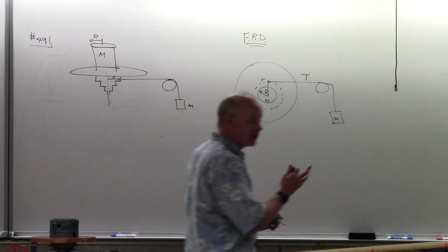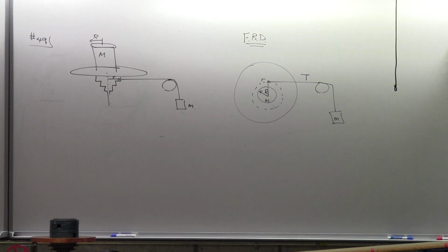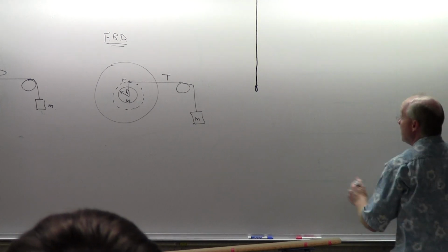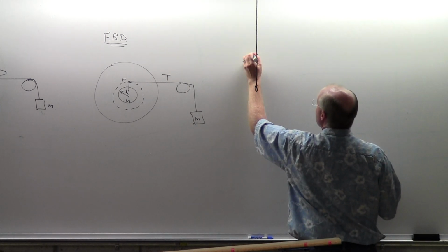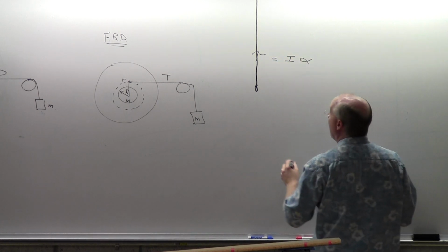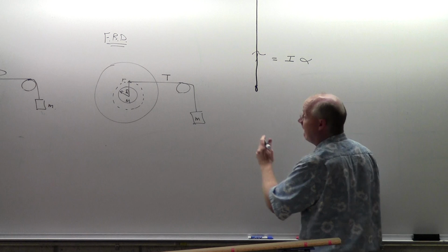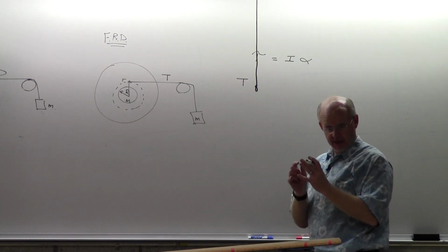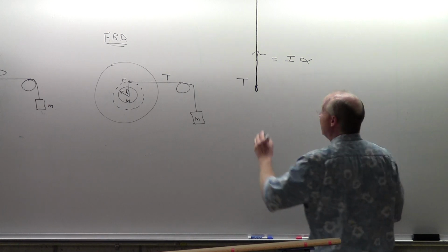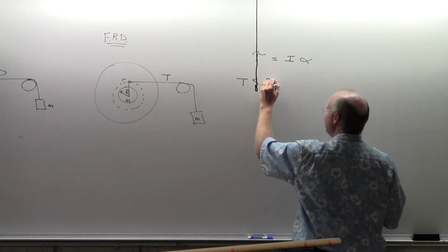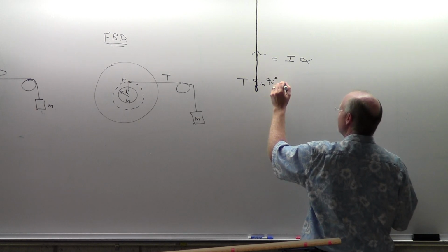So my first free body diagram and my first equation would be to say that the torque is equal to I alpha. And the torque would be what? T, the tension in the string, times the sine of 90 degrees